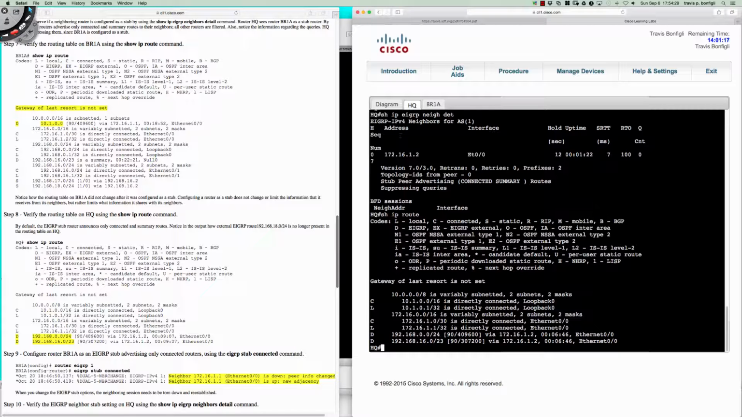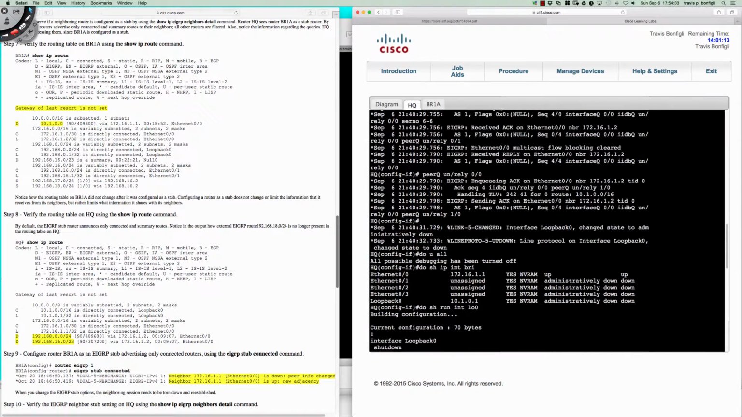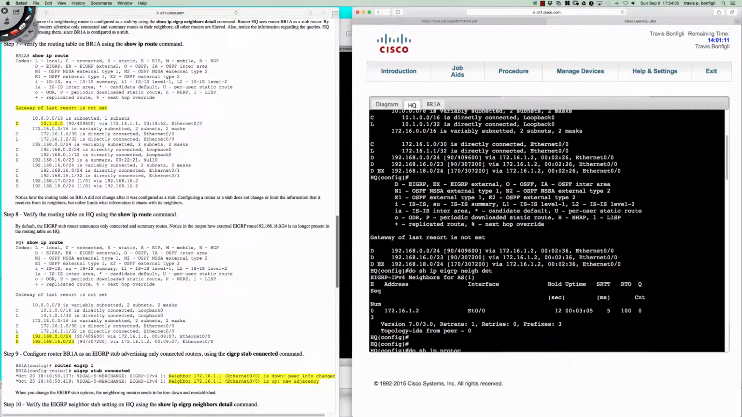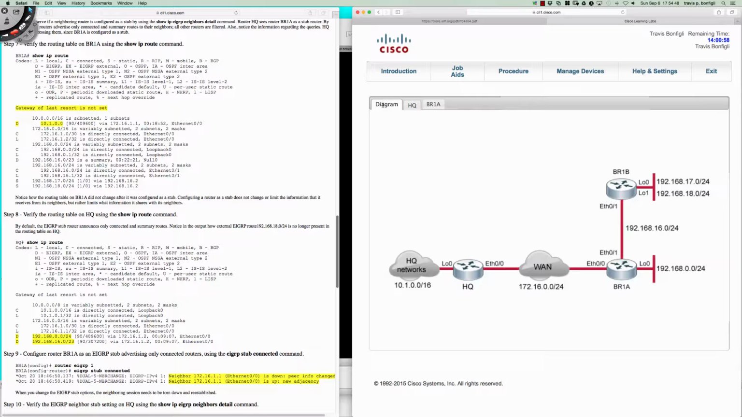But what route did we lose? Well, if I scroll back up here, we'll see that we lost that external route that was in the routing table. So here's that external route right there that is now no longer in the routing table. We only have the connected route and the summary route. And so if I were to mouse back over here, and the connected route is the